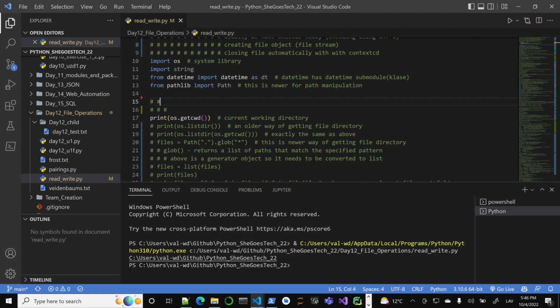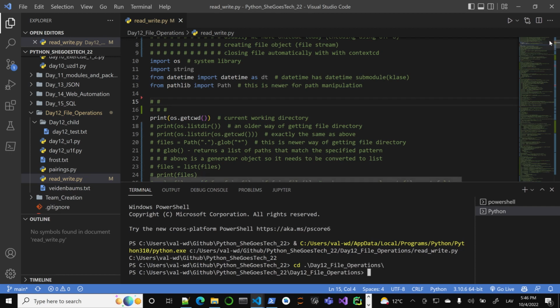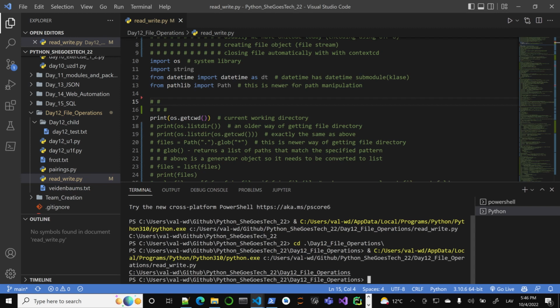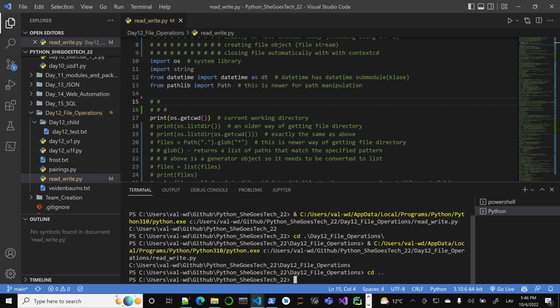But actually notice the current working directory is this one here. It's actually the root directory. Why? Because our terminal is actually here. If I go to cd day 12 and change it here, I'm here. Let's run it now from there and see if it works. You see, notice my current working directory is here. I'm up here. So that's the important part. Sometimes it's a good sanity check to see where your script, where your application thinks you are. And again, there are ways of changing this